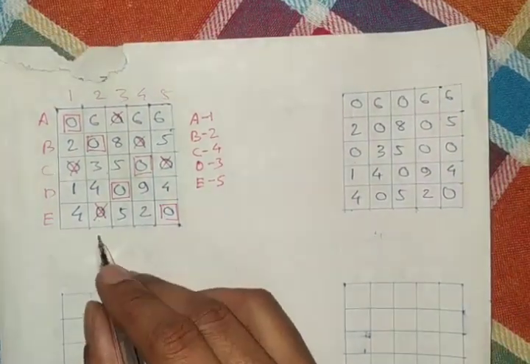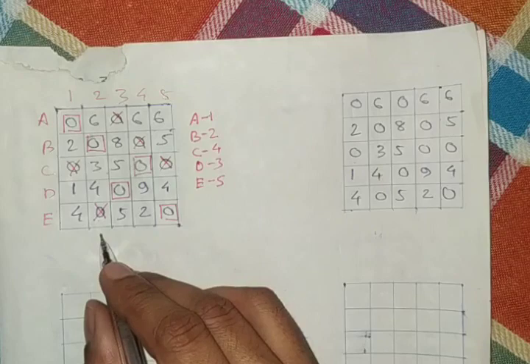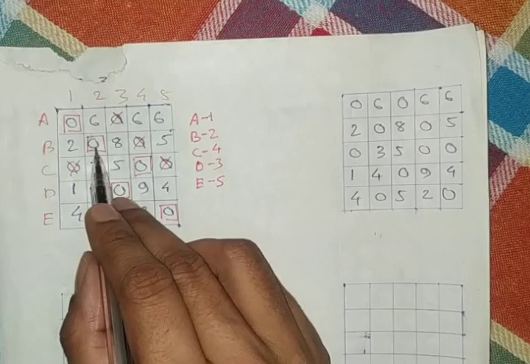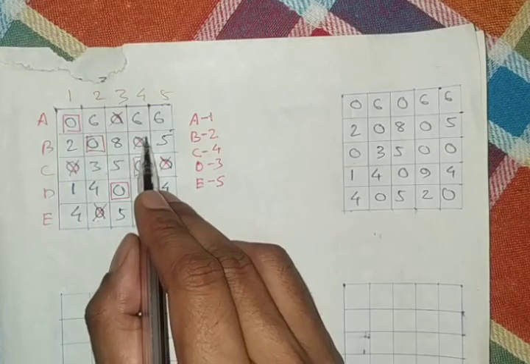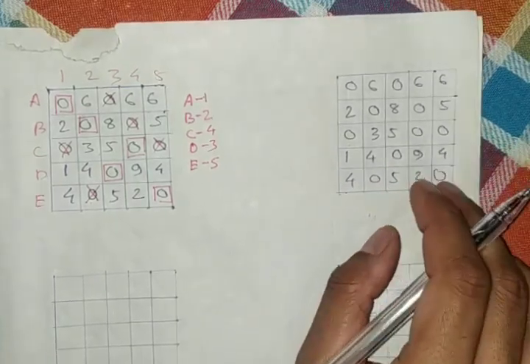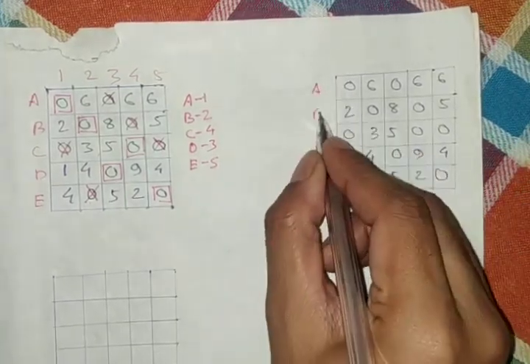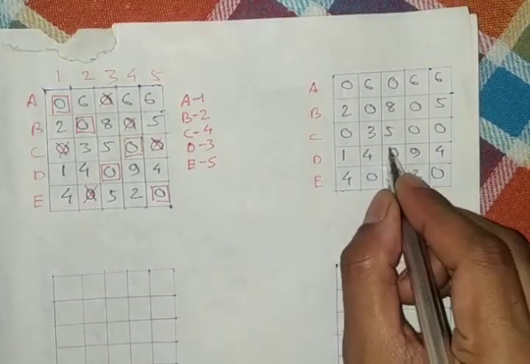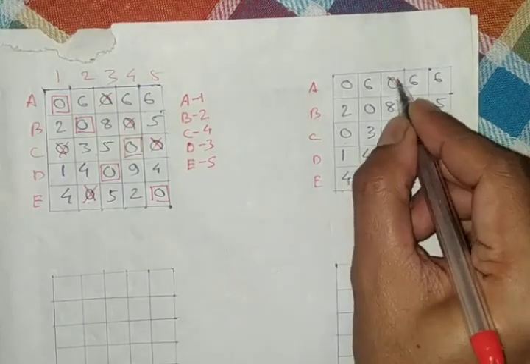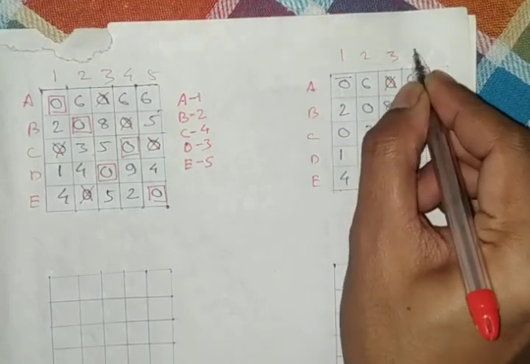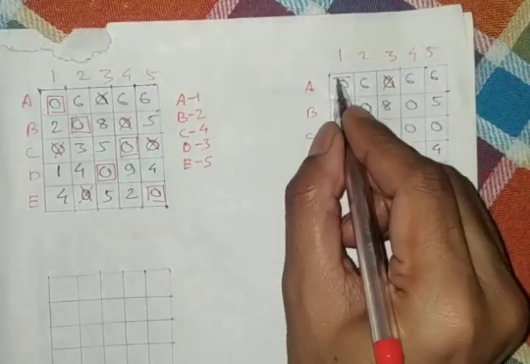So here we get an alternative assignment also, because instead of B at 2, if we assign at 4, then the scenario will be different. So let's try to understand that also. This is your A, B, C, D, this is E. So we are assigning this, so you cannot assign this. So I am assigning 1, 2, 3, 4, 5. So I am assigning this one, so I cannot assign this.